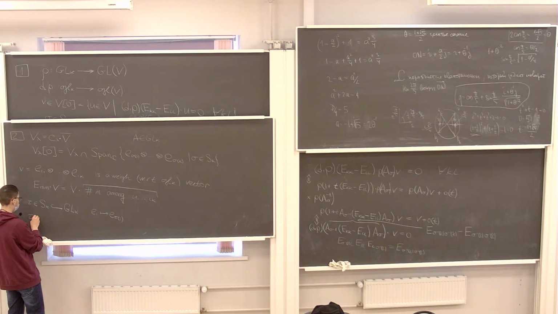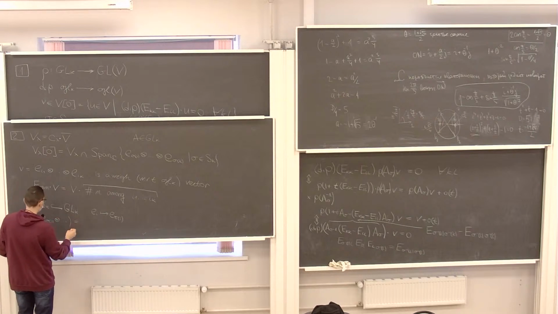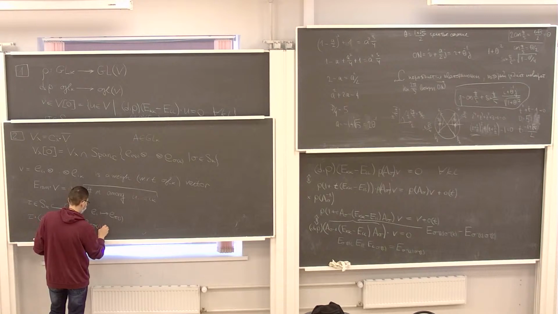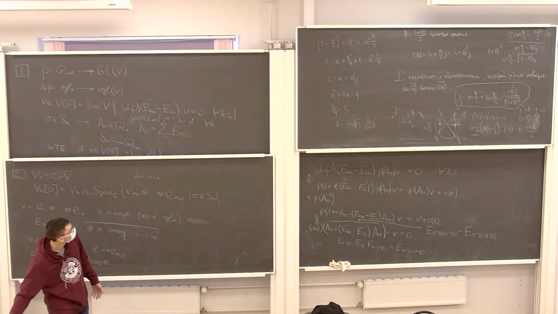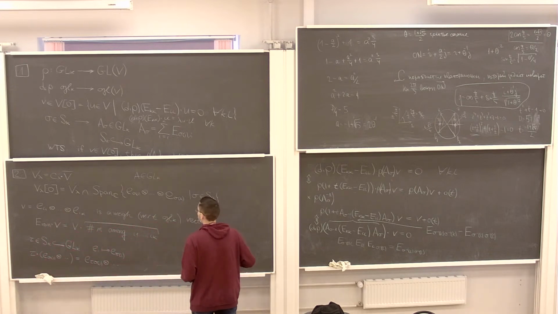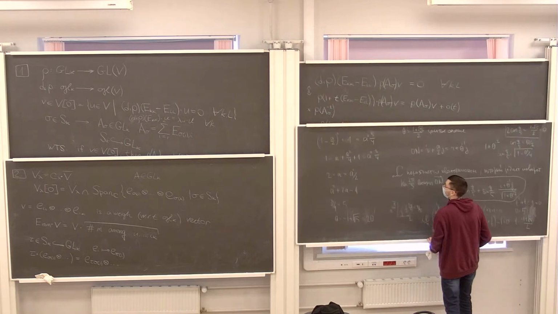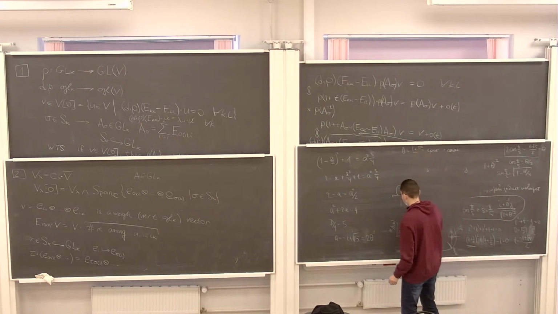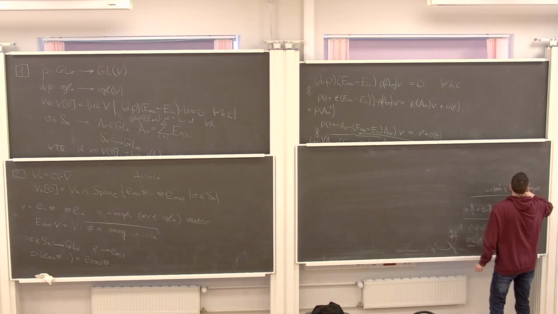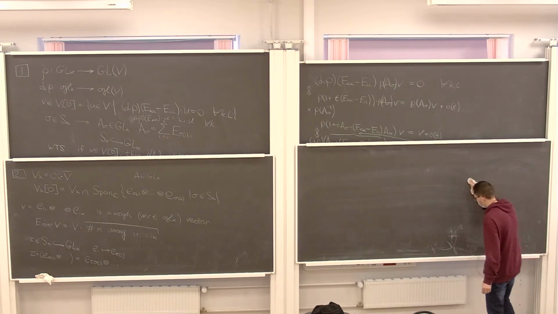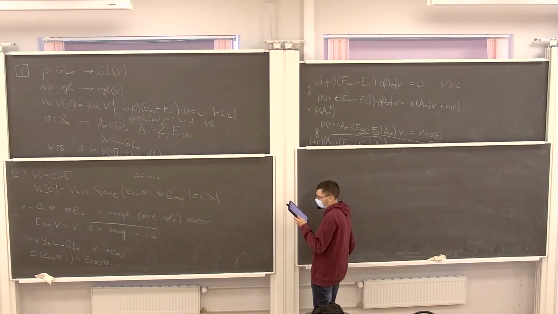Hence, tau acting on e_sigma(1) and so on is e_tau sigma(1) and so on. Yes, because we have it from GLK, and then